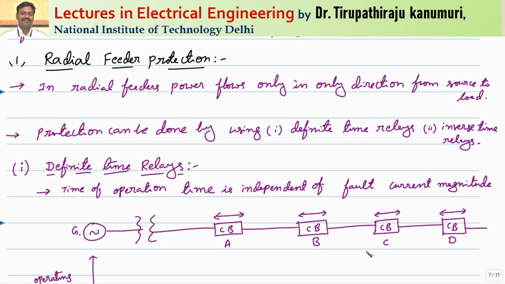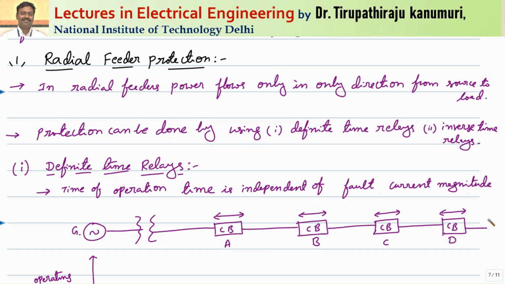In between there can be branches, that means the transmission line can be divided into parts, but the power will flow in only one direction. That means the power flow is unidirectional, from the sending end to the receiving end. So if any problem comes in a particular part, for example, assume the fault has happened between B and C, then the substation between C and D as well as D and the remaining section, this entire section will be disconnected and the remaining sections will not get continuity of supply.